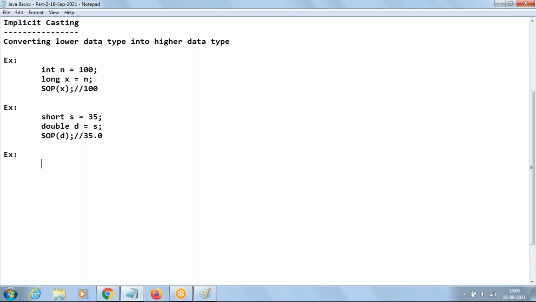One more good example. If you take a character c equal to capital A, and you assign it to integer, then character is 2 bytes, integer is 4 bytes. So the conversion will happen. Now if you print the value of n, can you guess what will be the value of n?